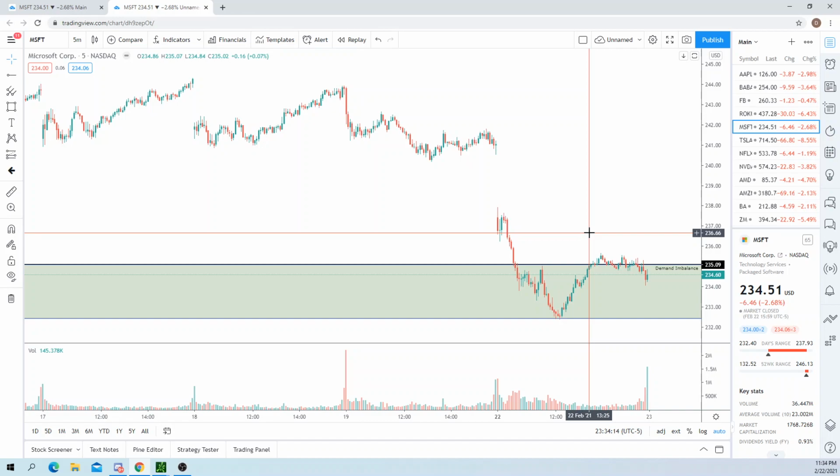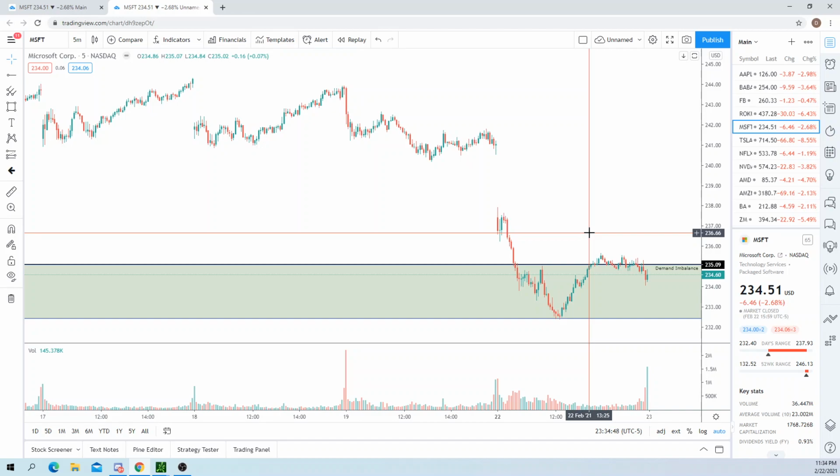Okay, so trading is all about connecting the dots. Like I said, I saw a relative weakness. I saw that Microsoft was breaching an intraday support level, and I saw a demand imbalance below that was in feasible reach below. It wasn't too far. So all three of those puzzle pieces came together and formulated a quality trading setup, and that's why I took